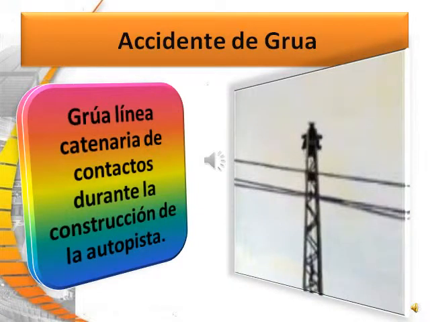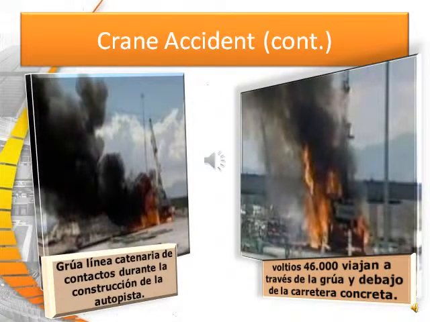Here we can see a crane contacting the overhead power line during a freeway construction recently. In the second photo, the crane contacts the overhead power line, resulting in a fire on the ground. 46,000 volts travel to the crane and beneath the concrete road. In the third photo,